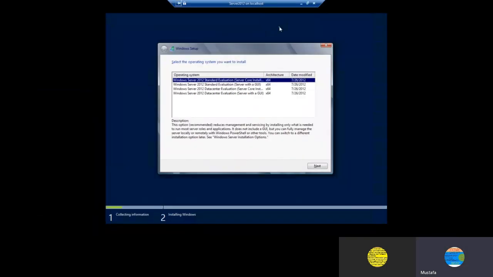I am clicking on the full view. Okay, I am selecting the Standard edition with GUI mode, 64-bit edition. Right, I am clicking on next.